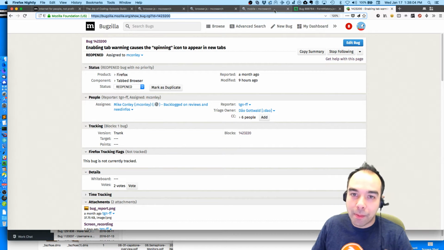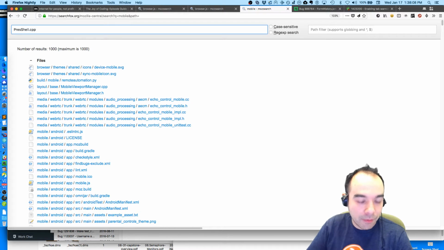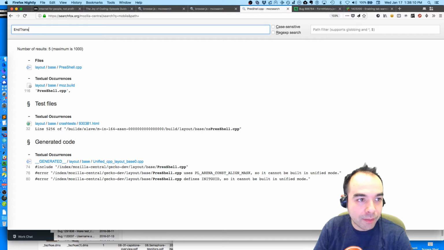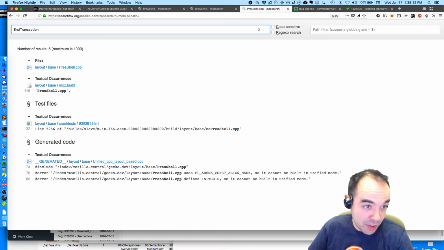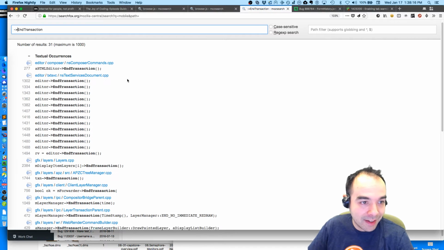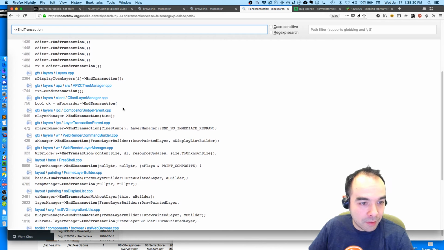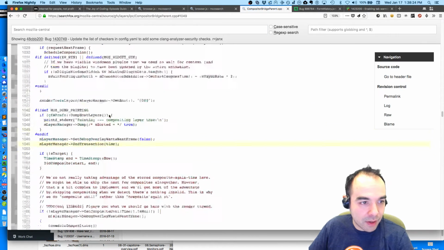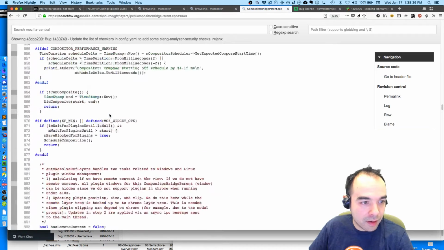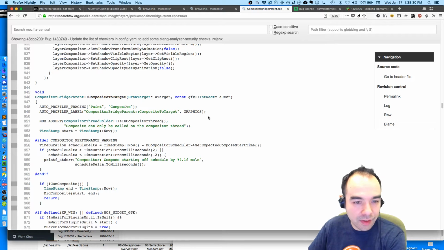So I have to figure out where the painting machinery is, and I think it's in the pres shell. But first, I know that there's something called end transaction that's used to say, hey, I'm done painting, so send the layer to the compositor. Is it this? And compositor bridge parent. Set composite to target.